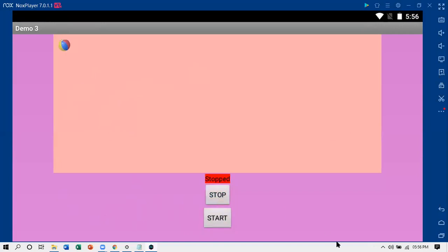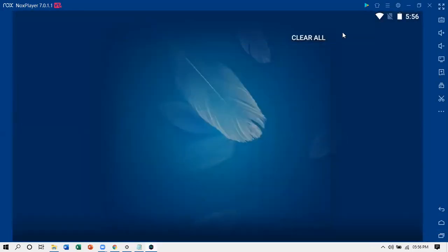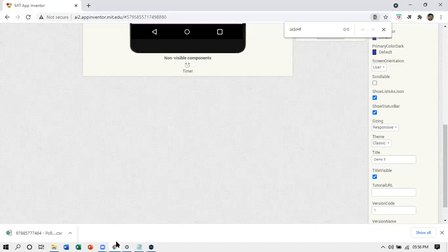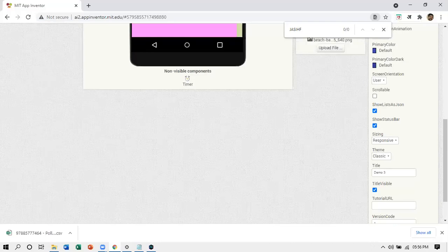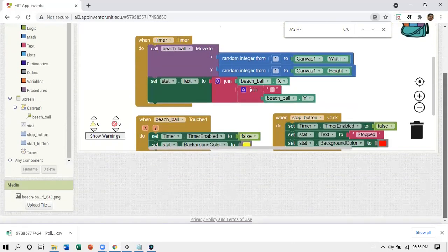Start, stop. So let's see how stop is working. Well, coding. Back to coding. Where is my stop button?